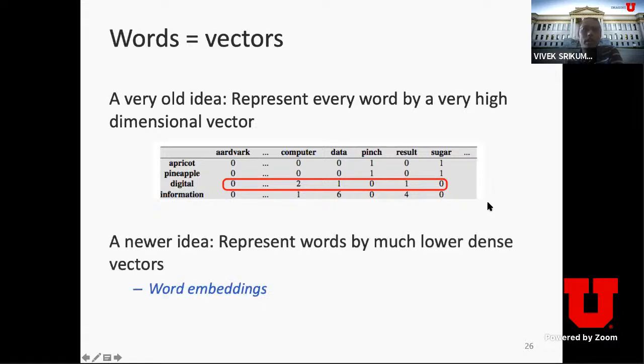A newer idea is to say that this list is really large. How big can this list be? It's as big as the dictionary, because there will be one column for every word in the dictionary. Can I apply something like principal component analysis, or a more complicated version of that, to essentially just compress this and maybe find, say, 300 numbers that represents the meaning of each word? These arrays of numbers, or vectors of numbers, are called word embeddings. And word embeddings are a driving force behind everything that we consider as modern successes in NLP today.